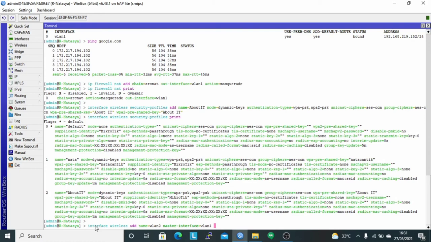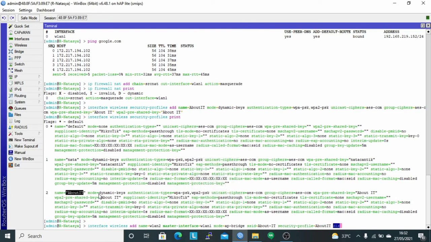The master interface used is the physical wireless interface, namely WLAN1. And then the mode used is AP bridge. The SSID used is about strip IT. Using the security profile about IT.